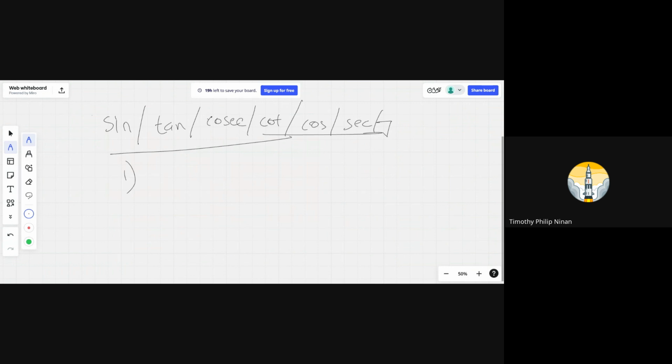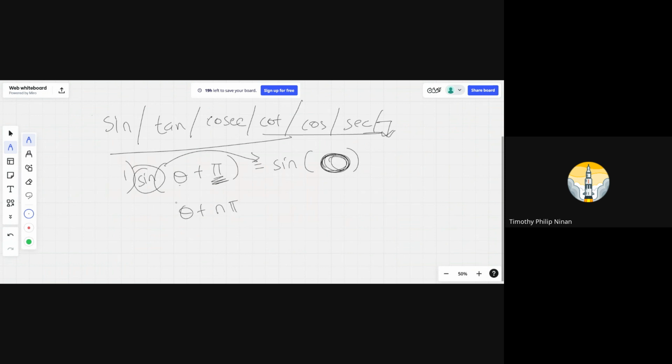First, whenever it is theta plus pi, any value, the function will remain the same. And whenever it comes in the multiples of pi, so it will be theta plus n pi,